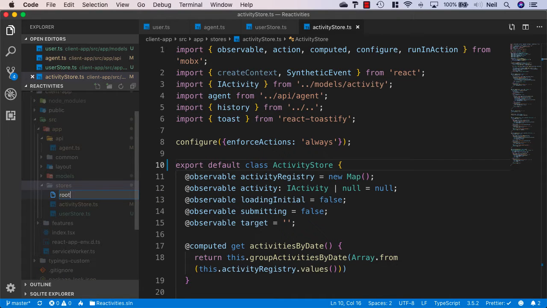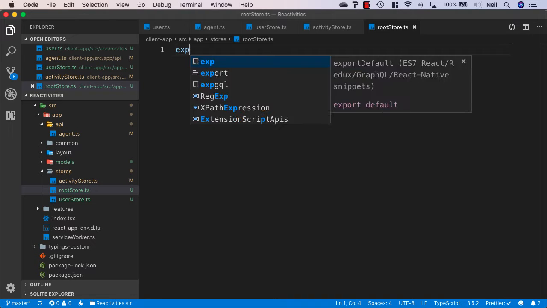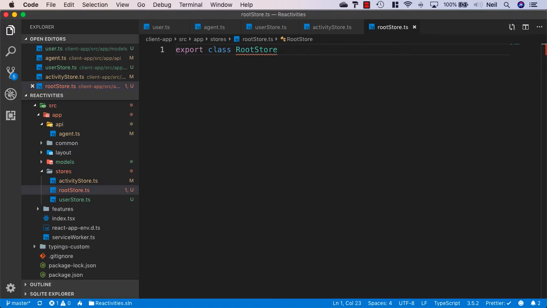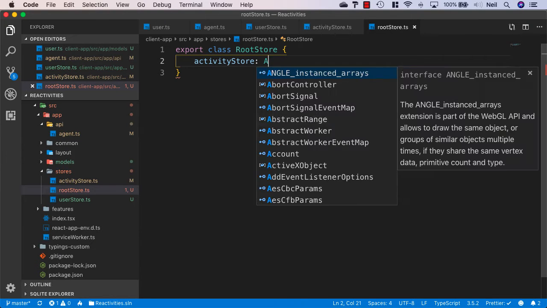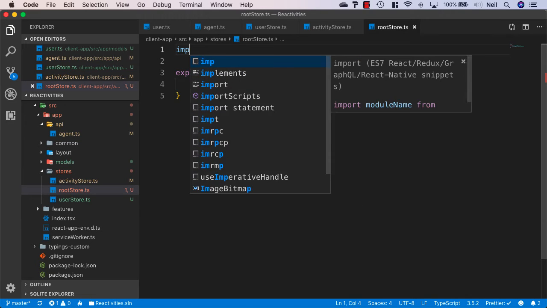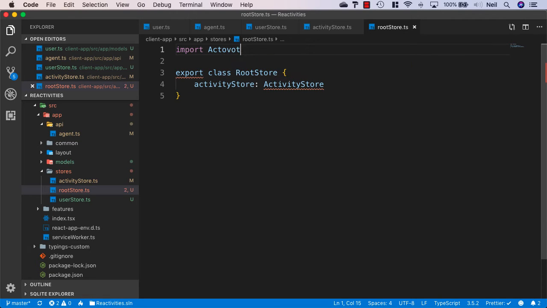And what we'll do is we'll create, in our stores folder, a new file, and we'll call this rootstore.ts. And what we'll do in this case, we'll export a class of root store, and inside here we're going to add our individual stores as class properties. So we'll have an activity store, which is going to be of type activity store, and sadly that's not going to import automatically. So I'll just come up to the top and import our activity store